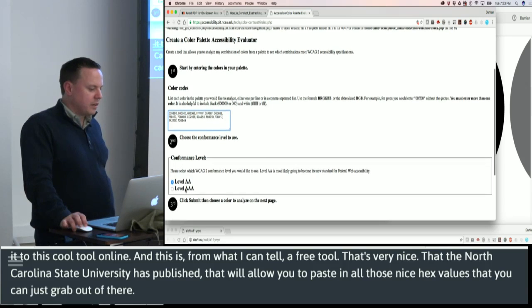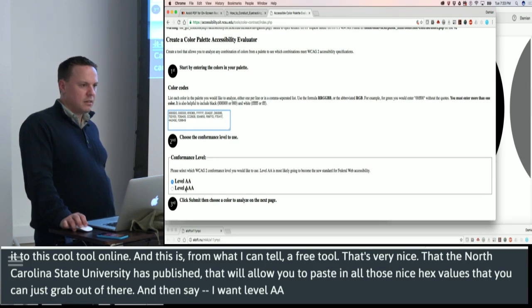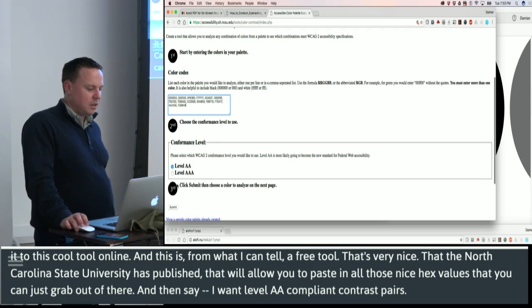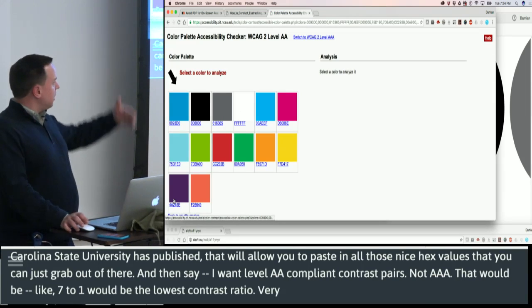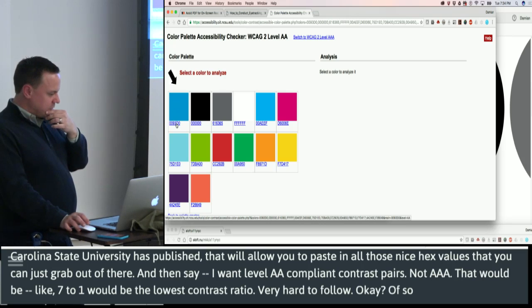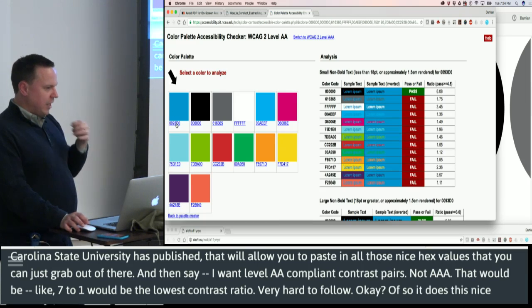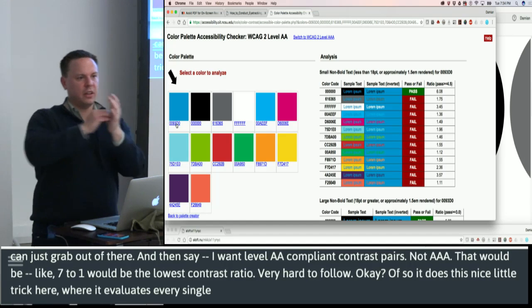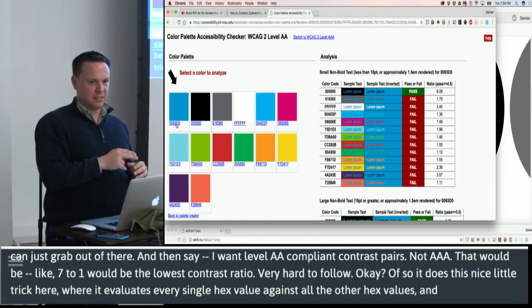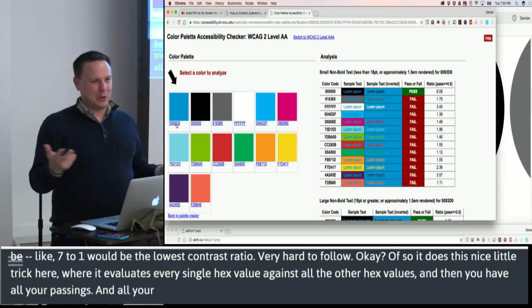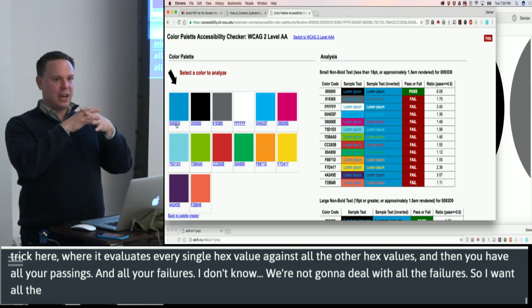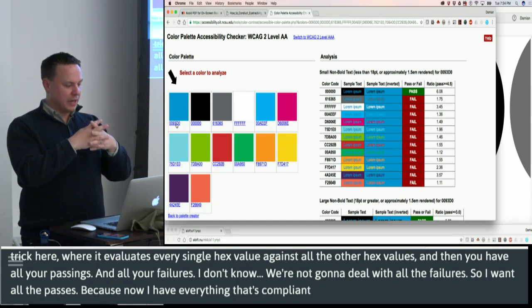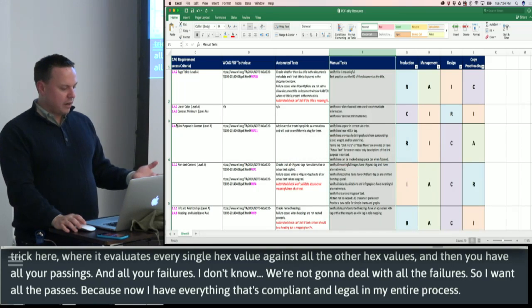And then say, I want level AA compliant contrast pairs, not AAA. Right? That would be like 7:1 would be the lowest contrast ratio. Okay, so then it does this nice little trick here where it evaluates every single hex value against all the other hex values, and then you have all your passings and all your failures. I don't know what I am going to do with all the failures, right? So I want all the passes, because now I have everything that's compliant and legal in my entire process. So from there,